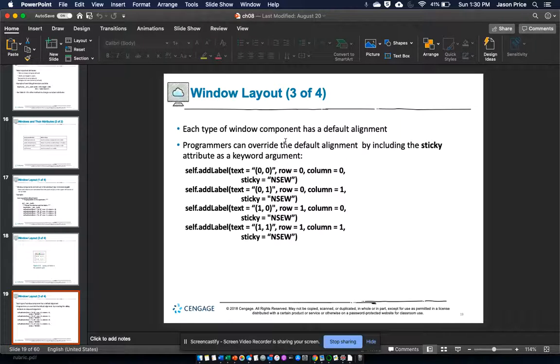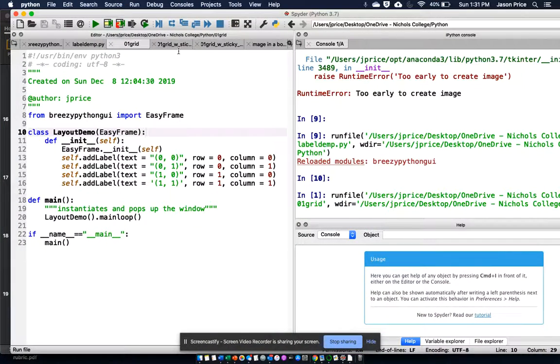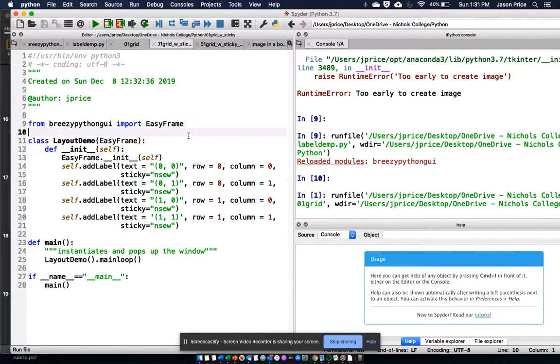So we can override that default alignment, putting things in the top left, by including the sticky attribute as a keyword argument here. So I'm going to have another program where I add after the row column the sticky NSEW, which is north, south, east, west. So that's going to happen in here. So the same thing, layout demo, and then I'm adding the sticky NSEW at the end of all these. So now when I run this,